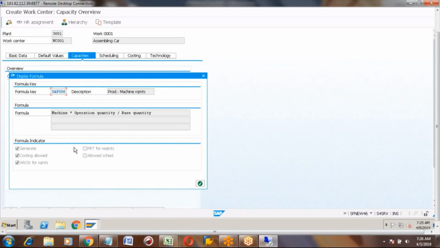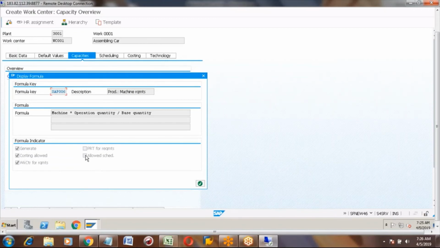So the left side is for formula, generate, costing, and work center, and the right side, PRT and allowed scheduling, is relevant to scheduling and costing. Costing allowed means related to costing.